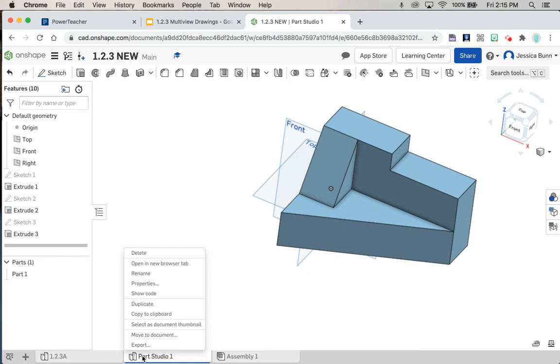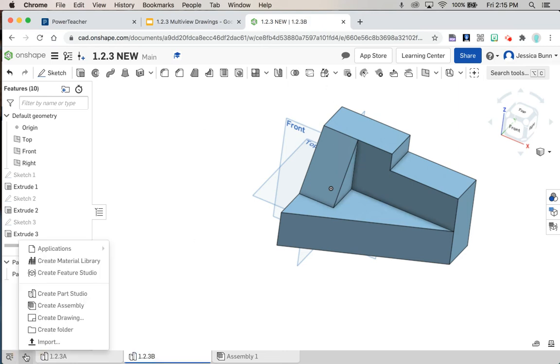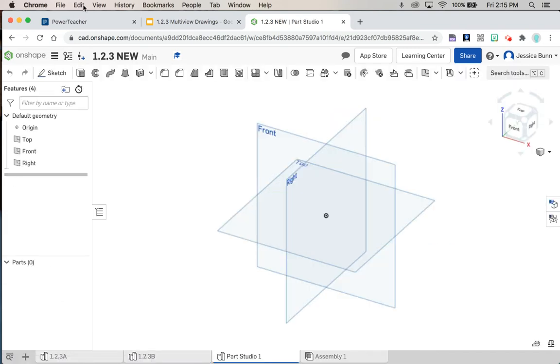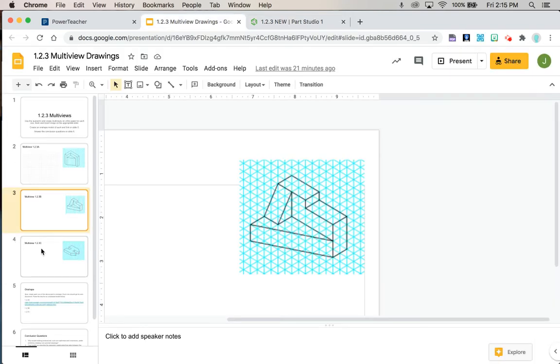Just like before, I'm going to come down here to part 1 studio and we want to rename it. We'll name this one 1.2.3B. And then we'll add one more final part studio. This one,